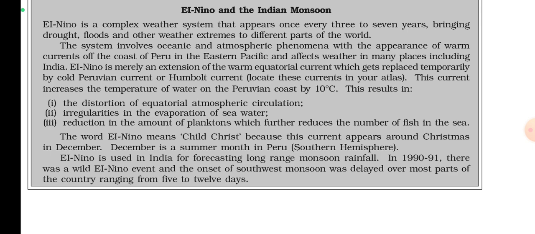Okay, sorry, where were we? El Nino is a complex weather system that appears once every 3 to 7 years, bringing